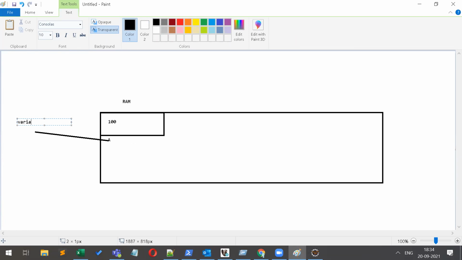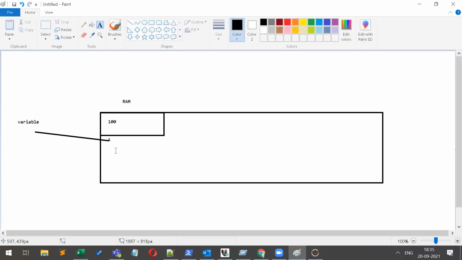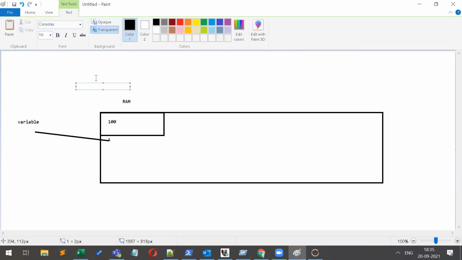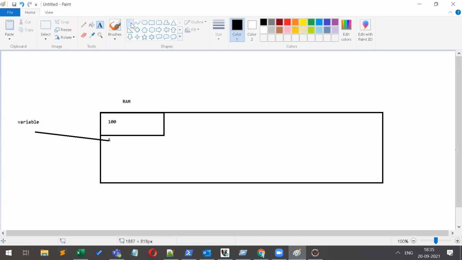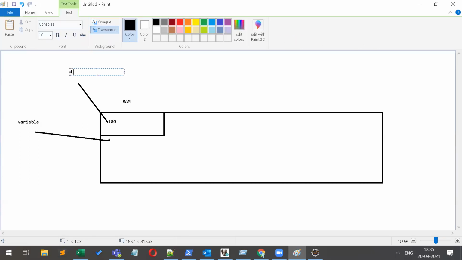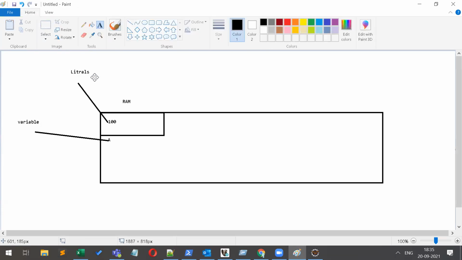What is a variable? The name of the memory location where we store the value. And what is this value called? This value is called a literal or constant. So what is the definition of a variable, and what is the definition of literals?